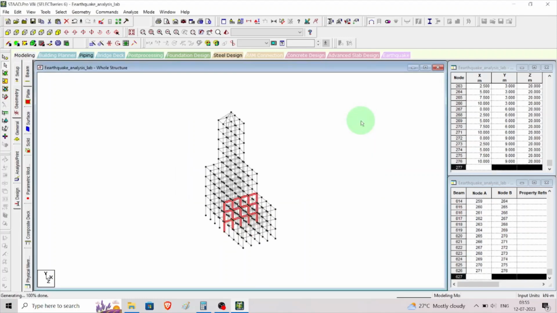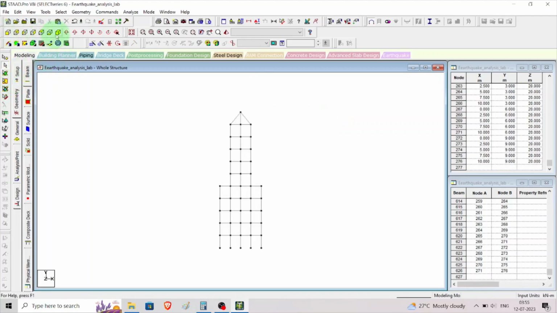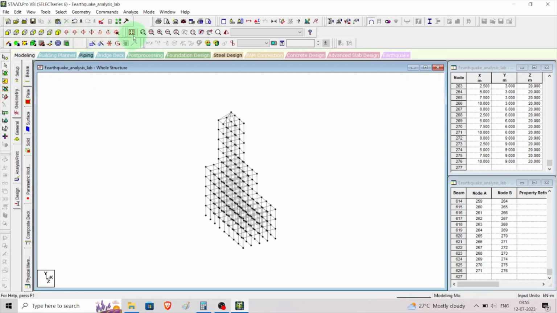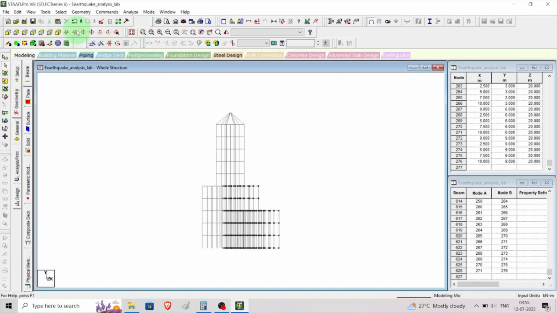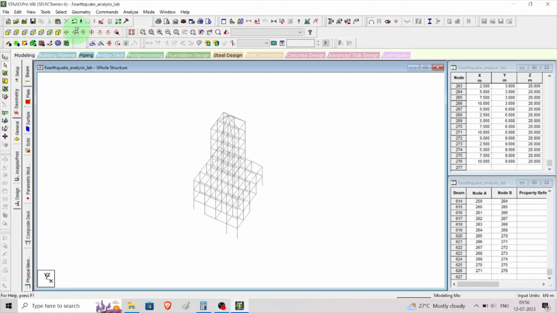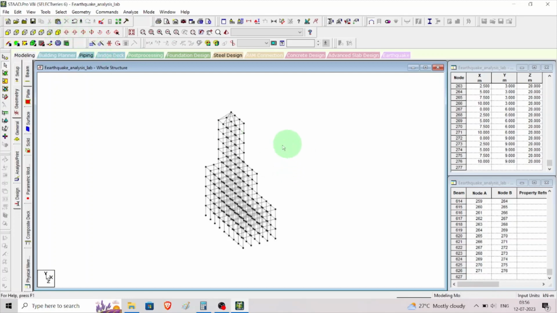So this is the created model. This is a created model we can see here. Then clicking on this one, this is the completed 3D model, and we can see all this model. So after creating this model, now we need to create supports, properties and loads on the structure, and we need